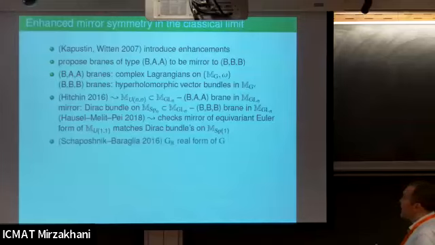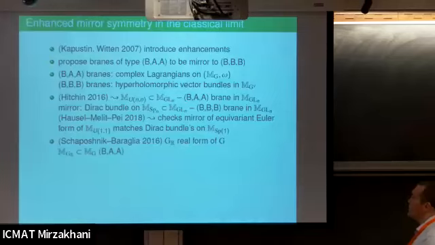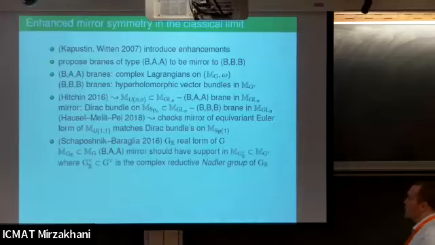Anyway, and then what really got me into this was this conjecture of Gaiotto and Witten, which was partly motivated by Nigel's observation. They noticed that, and in some other cases too, if you take the real form of a complex group G, then this will give you a Lagrangian, a BAA brane, and its mirror should have support in, that's the conjecture, the so-called Nadler group of the real form. So the Nadler group is itself a complex reductive group of the Langlands dual of Hitchin.